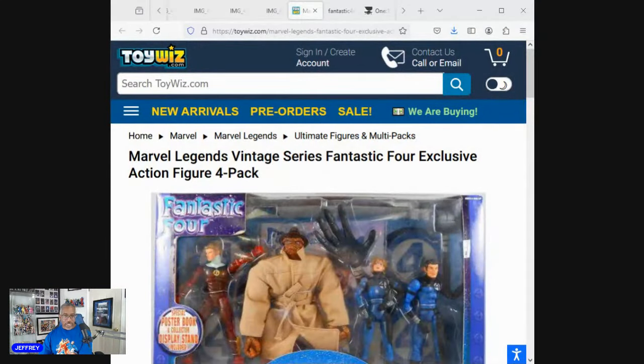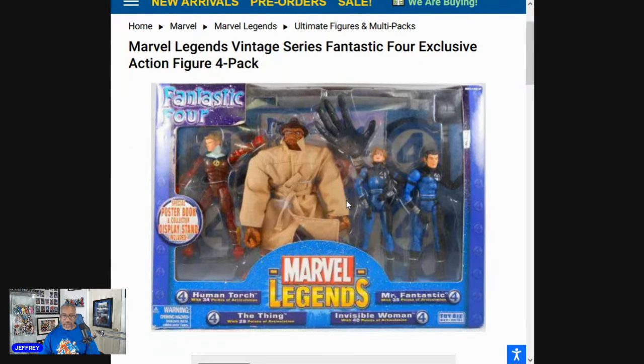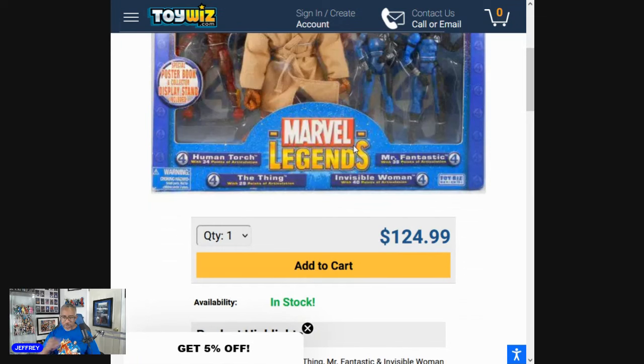Okay, I forgot to break down an accessory option, which I wanted to with the Mike Warango version. There's a chase option, if you will. So there's another box set of these guys with yet another version of the Fantastic Four. And this one has a gigantic hand for Reed. So there's another option for you. But you can see we've got the fedora trench coat look for the Thing. Now, this one from our friends over at toywiz.com,